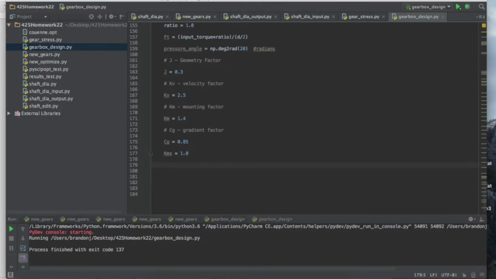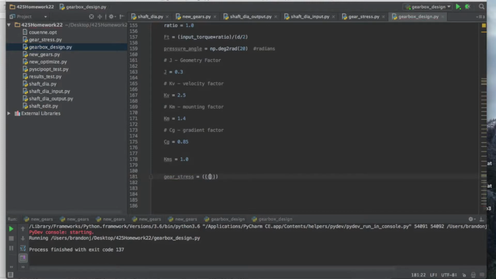I know we want the worst case scenario, but we're just going to do that because I think with all these other worst cases, even if we don't put this one at the worst case, they'll kind of cancel each other out. So we're fine there. So last but not least, let's do the gear stress, and we're just going to